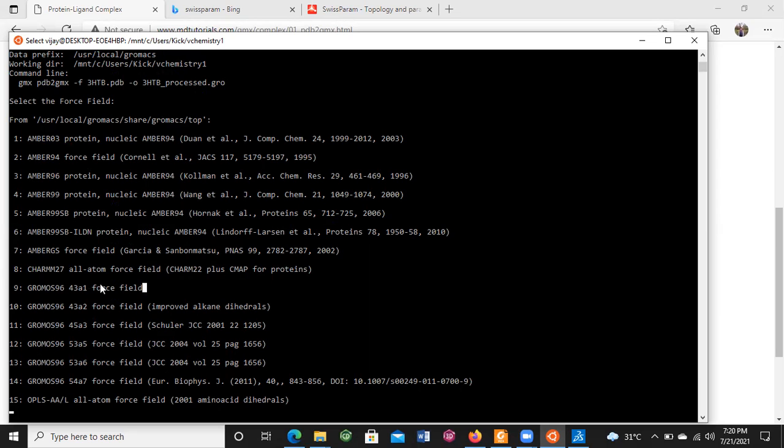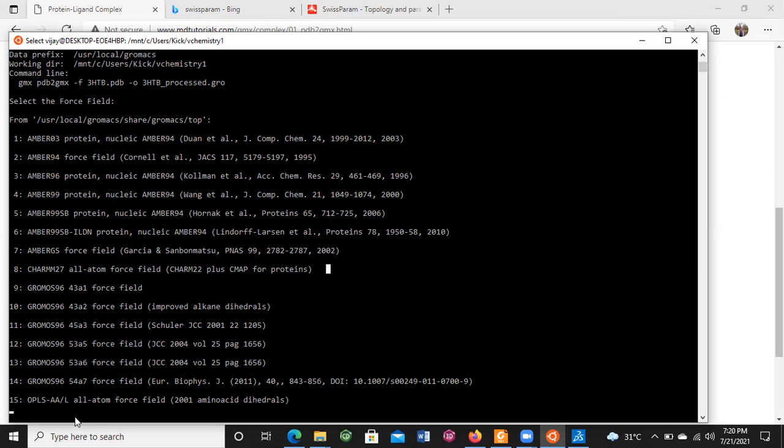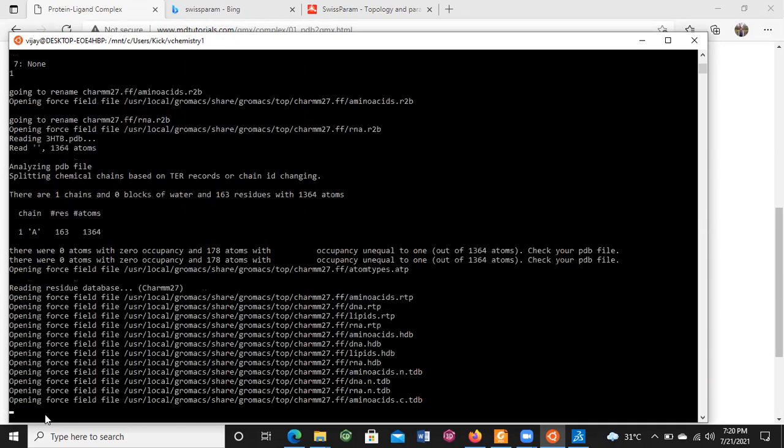That's why you can apply CHARMM27 and create the topology of the ligand in the CHARMM force field. So just press 8 for CHARMM and press enter. Now it is asking what type of water molecule you want to choose. Then we simply apply TIP3P, that is the recommended one. So press 1 and hit the enter key.